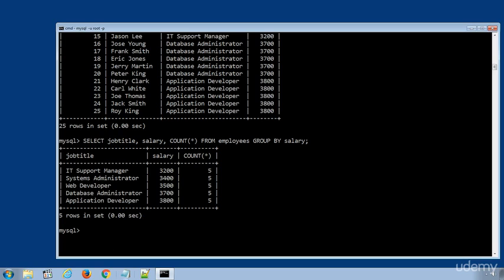The SQL statement will be SELECT job_title, salary, COUNT(*) FROM employees GROUP BY salary HAVING salary > 3500,